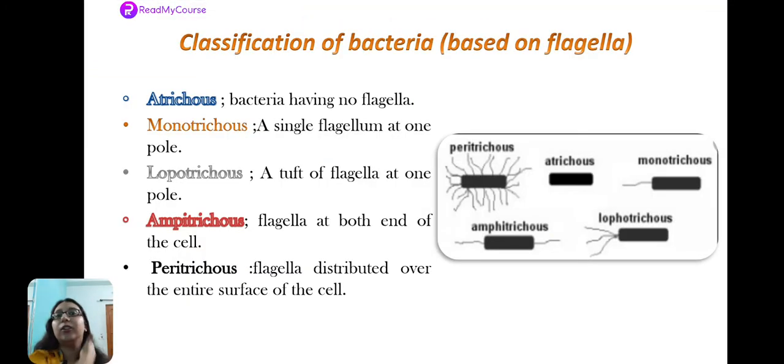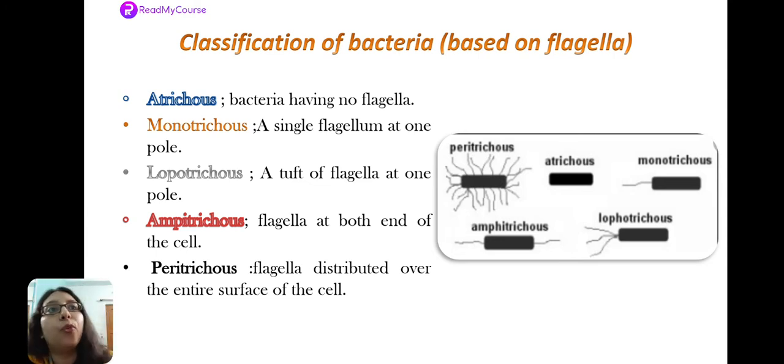So, depending on the presence or absence of one or multiple flagella, a bacterial cell has got different names. They have been classified accordingly. So, we will just try to learn about the names with the help of their pictures. First is Atrichous. Atrichous means they have no flagella, absence of flagella. The letter A, when it is attached, it means like anuclear, that is no nucleus, right? For example, RBCs were anuclear. Similarly, Atrichous means there is no flagella.